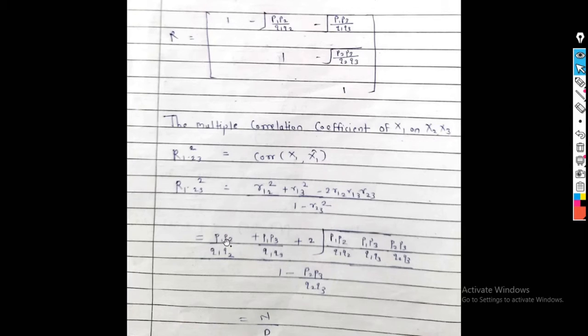So we get only p1 p2 divided by q1 q2. Similarly R13 square is p1 p3 divided by q1 q3, plus 2 times R12 R13 R23, that is minus minus minus, and this minus, so this whole term becomes positive, plus 2 times square root of